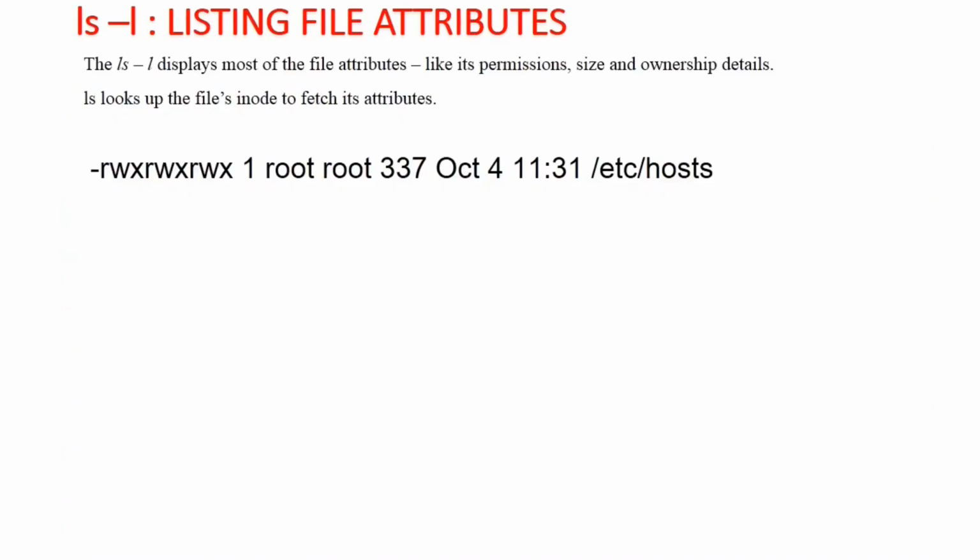Now let us see how to list all the file attributes available for a particular file in a Unix system. If I execute ls with the option -l, this command lists all the file attributes, like file permission, size, ownership, links, last modification time and file type. In a Unix system there are a total of 7 file attributes. Now let us discuss them one by one.